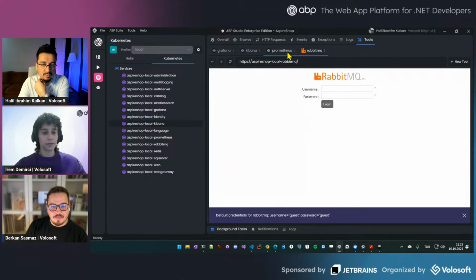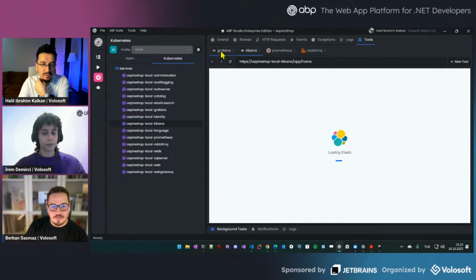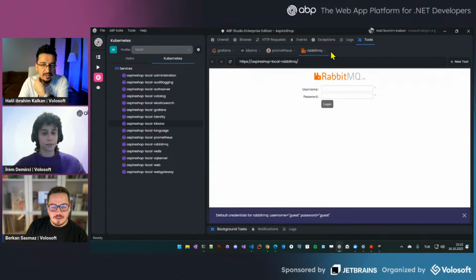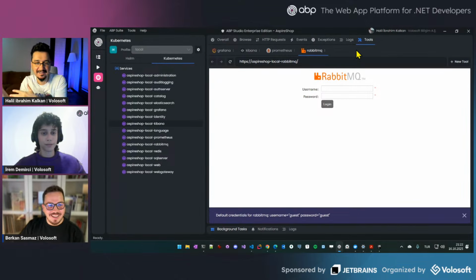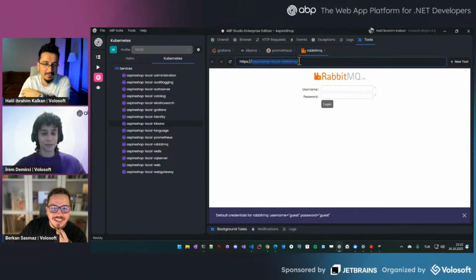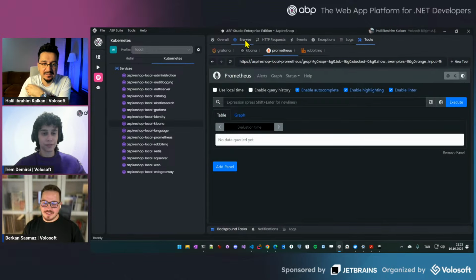Even in the tools, we can also see that Prometheus, Kibana, Grafana is available here. We will add missing tools. Problem? Yeah, there is no cookie problem this time because it's running in another domain. So no problem. But still, even everything is running in Kubernetes,